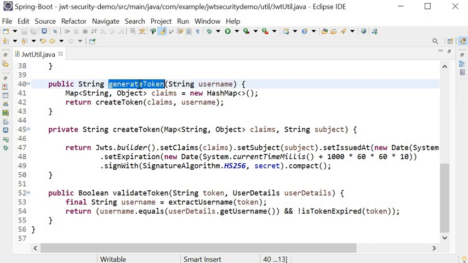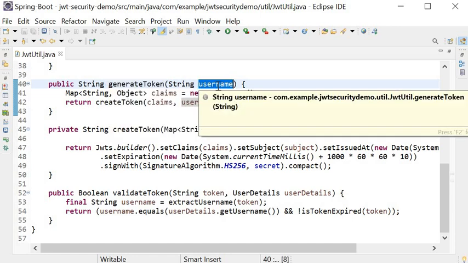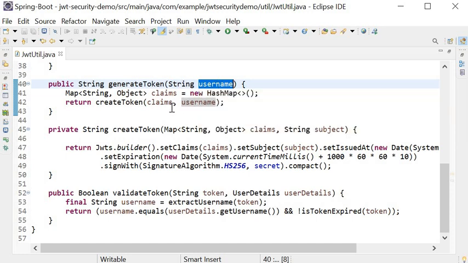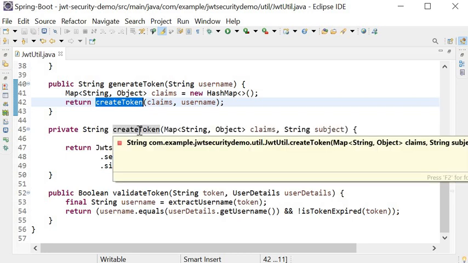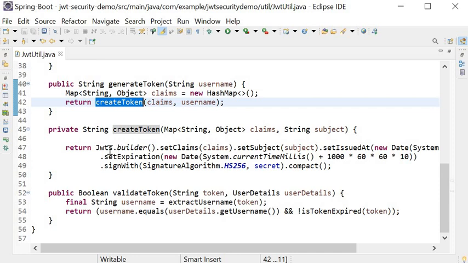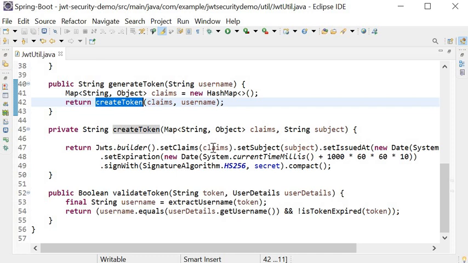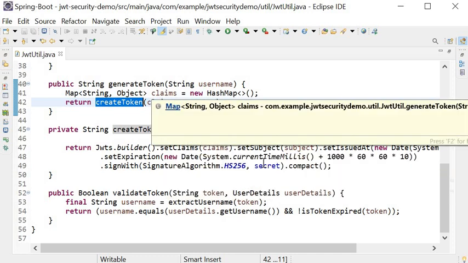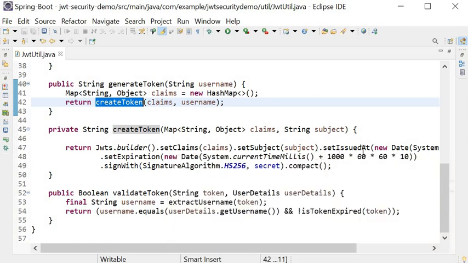Here you can see the method generateToken, and the argument is username. The first time the user sends the request, based on the username it will generate a token. It calls the createToken method, and in createToken we can see it's using the JWT library, Jwts.builder. It sets the claims, which is just an empty map that we have created here, then sets the subject, which is our username, and sets the issue date for when the token is generated.